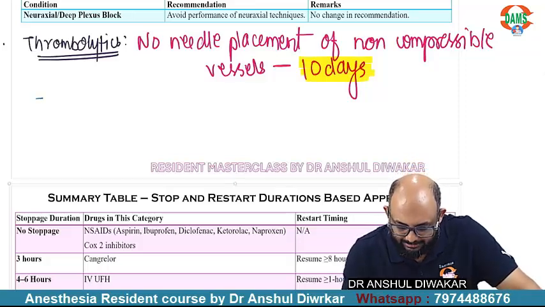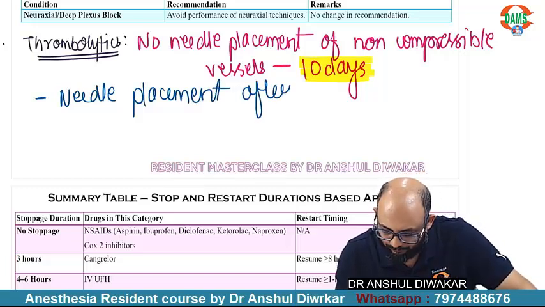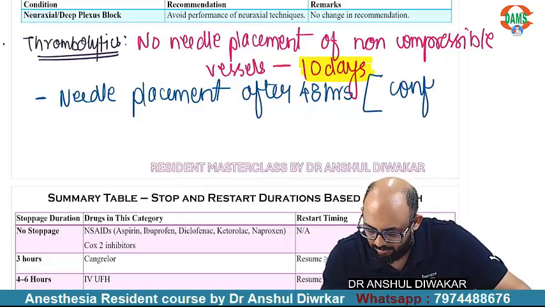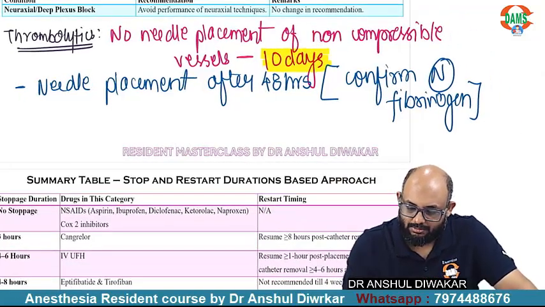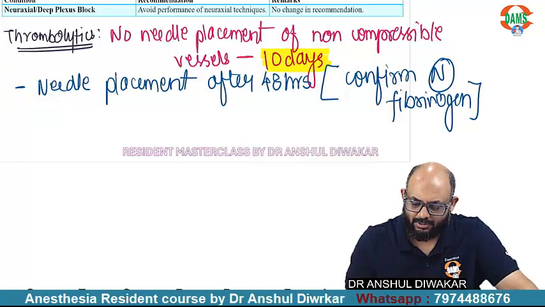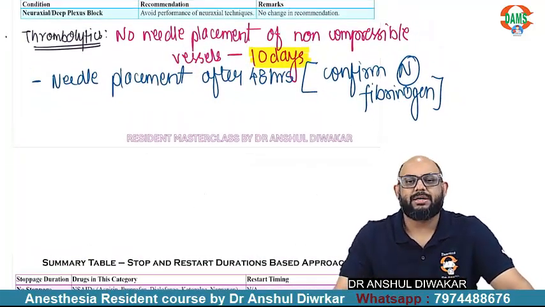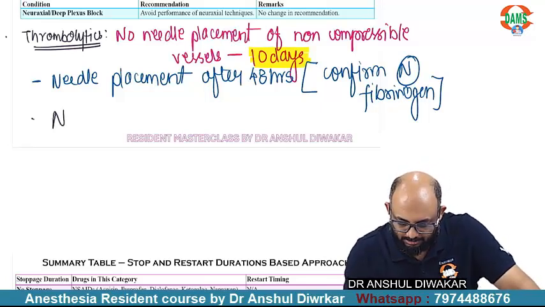यू कैन ओनली प्लेस निडल after 48 hours when you have confirmed normal fibrinogen levels, which is the last step of the coagulation that comes back last. ठीक है, so if you are giving a needle placement, then you have to wait at least 48 hours and then confirm diagnostically normal fibrinogen level. ठीक,